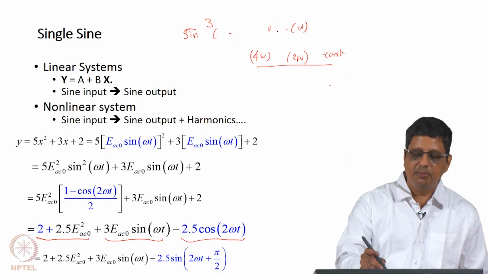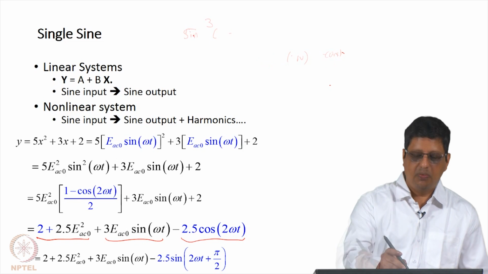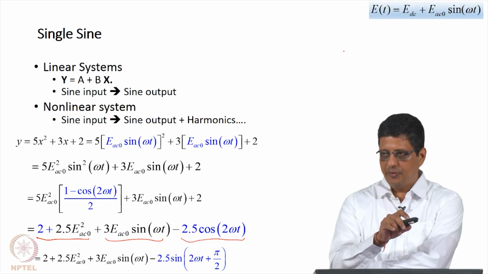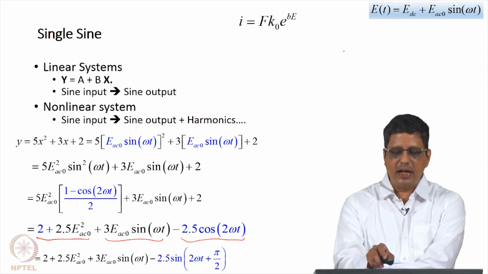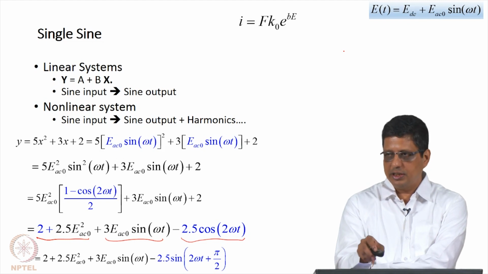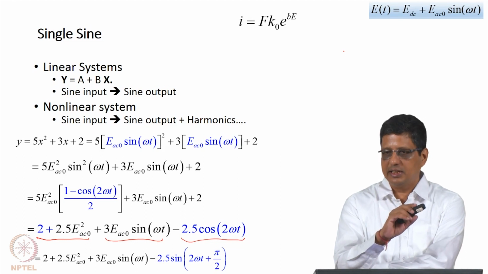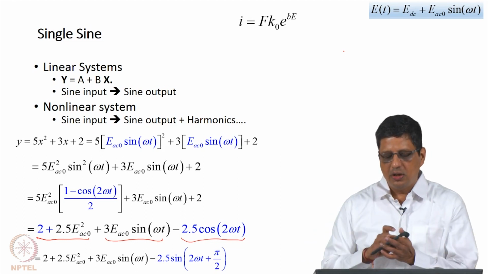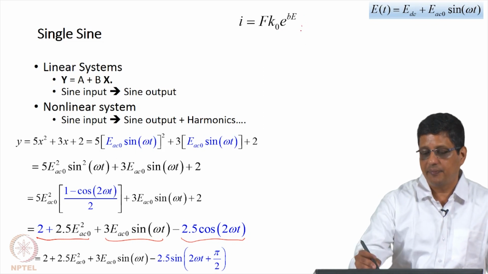Now, we know that for simple reactions at least, the current and potential are related exponentially, which means when I write potential as DC plus AC, and I would write for a very simple reaction, F is the Faraday constant, K e power B e, B is an exponential factor, K is the pre-exponential, and we assume the concentration of whatever species involved is a constant. So, that is absorbed into the K. I would normally multiply by the concentration of the reactant, but I can combine that with this if I say that C is a constant throughout the experiment.